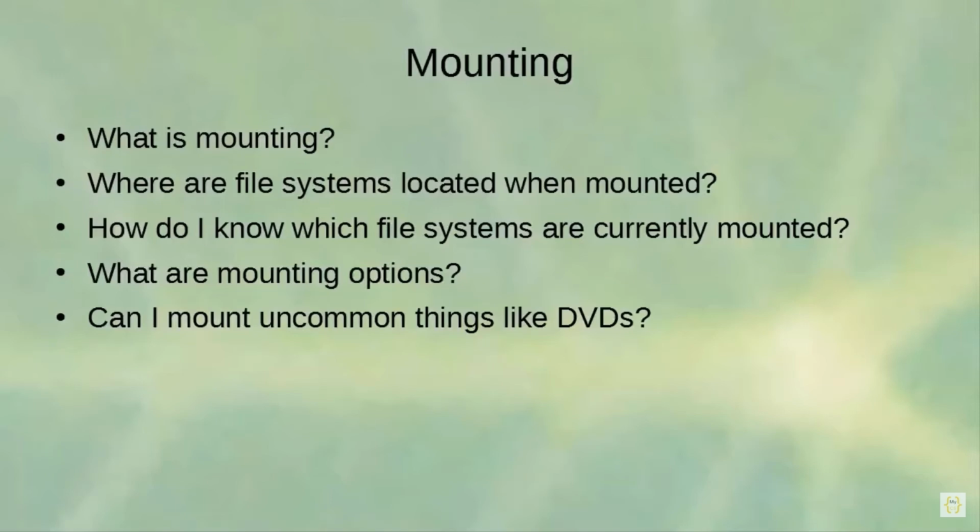So where are the file systems located when mounted? Well, the file systems are just integrated into this entire directory tree. You can use the mount command by itself to see which ones are currently mounted. You can also see what mounting options were used when mounting. Mounting options are things like mounting it as read-only or read-write. You can mount it with information about how fast you can write to it, which users are allowed to do things,